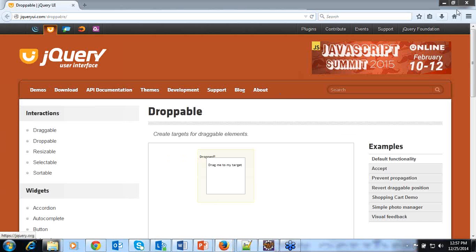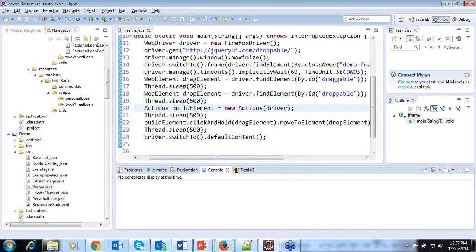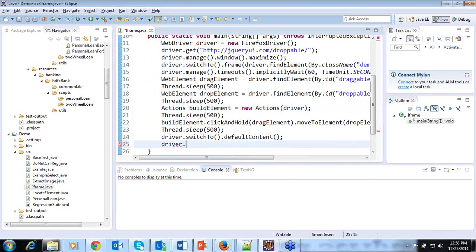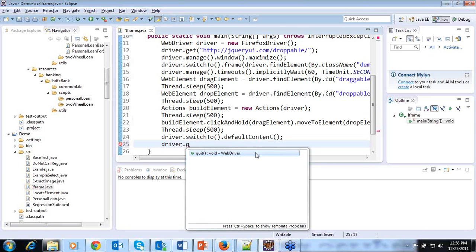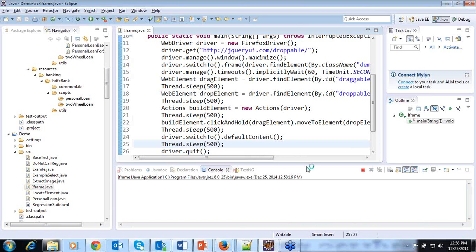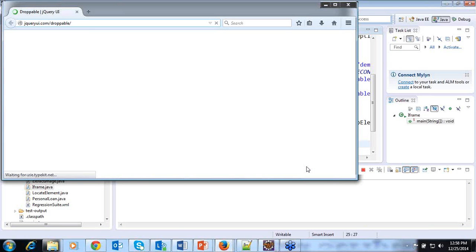Let me close this browser manually, and here let me say driver.quit so that it's easy to understand whether the script is executed successfully and stopped at the end. Let me execute this piece of code again. This time it will launch the browser, drag one element to another element and drop it. Then it will close the browser.